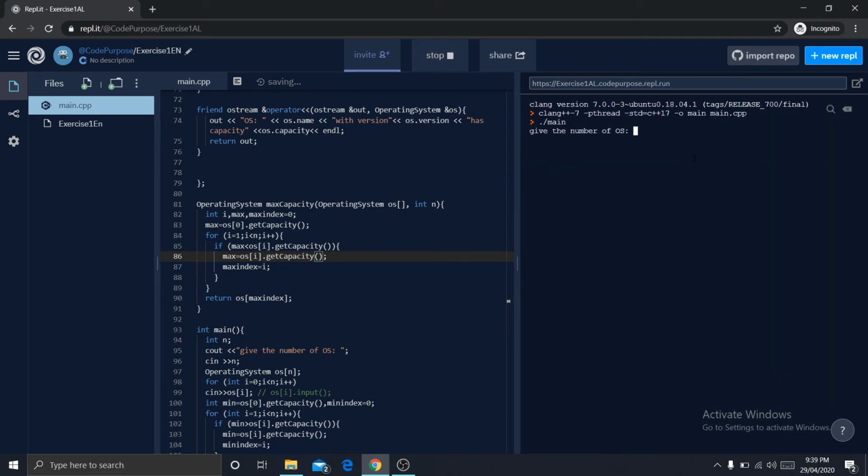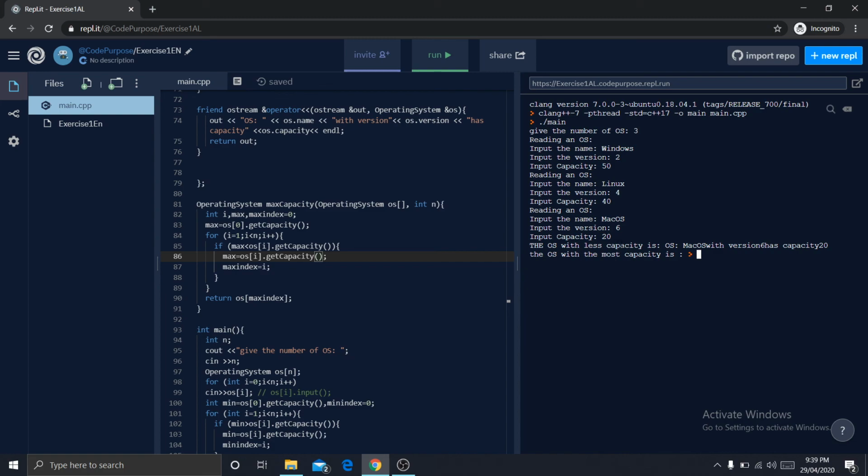Yeah. Let's give 3 OSs. Windows, version 2, capacity 50. Linux, version 4, capacity 40. Mac OS, version 6, capacity 20. The OS with less capacity is macOS with the version 6 and has 20 capacity, and the OS with the most capacity is